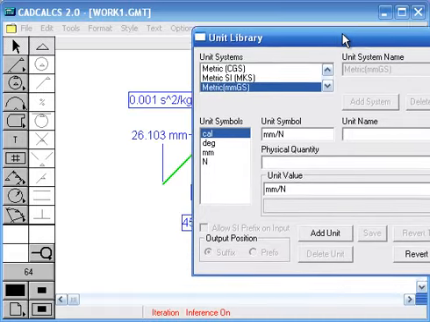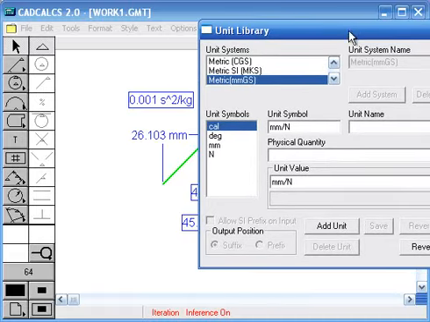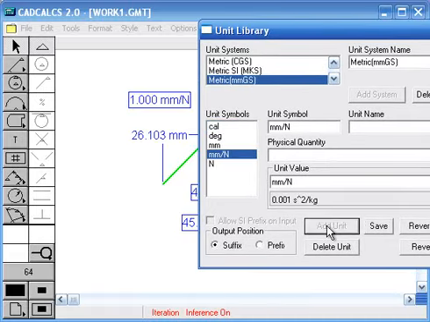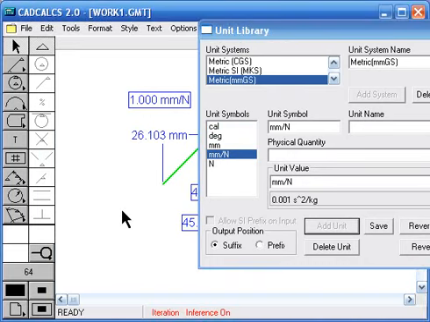You notice that as soon as I add this, the unit will change automatically. So if the unit symbol is contained in your current unit system, it will automatically default here. If the unit is not there, it'll go to the all unit system, and if the unit doesn't exist, it'll come back and let you know that you have defined something that's not